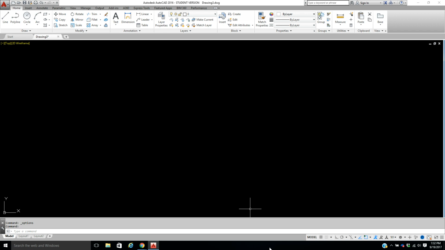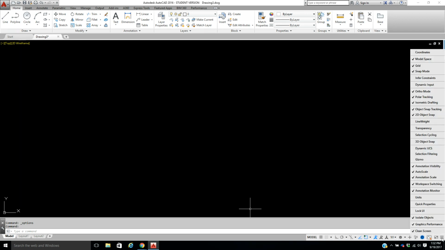Now, what I'd like you to do right now with the status bar is come to the last one. See this one here where it says customization? I'd like you to pick that, and this will pop up. I want to make sure you can see things. First thing I'd like you to turn on is click on coordinates, model space is on, grid, snap modes. I'd like you to turn on the one called dynamic input,